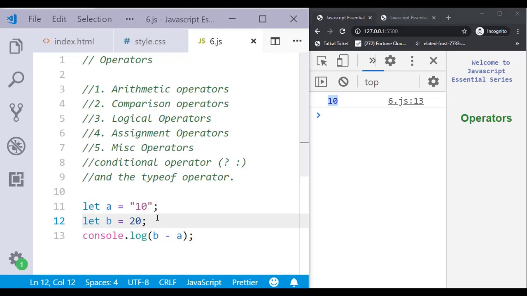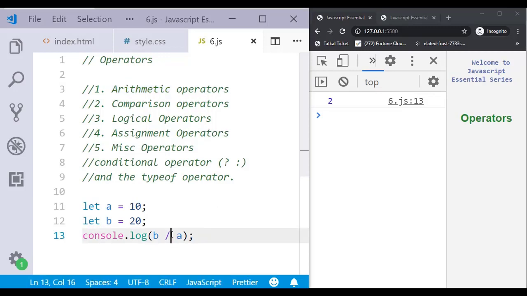This is just a simple example I was telling. We have other arithmetic operators: plus is there, minus is there. If you want to multiply, then we have to use a star. So if you do star, we get 10 into 20, 200. And if I want to divide, 20 divided by 10, I should get 2. So this much is there in the arithmetic operations.